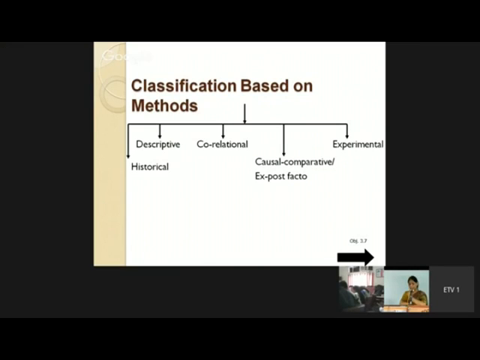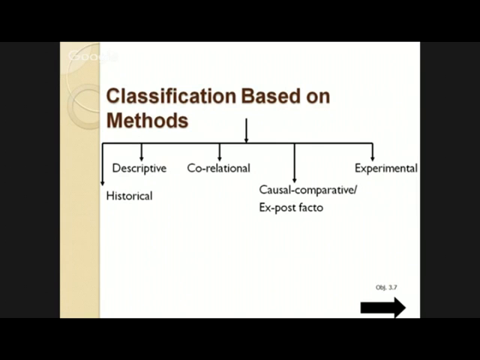Then we have experimental studies. Experimental research establishes true cause and effect relationship. When I say true cause and effect relationship, that means independent variable is responsible for bringing changes in the dependent variable. Say for example,